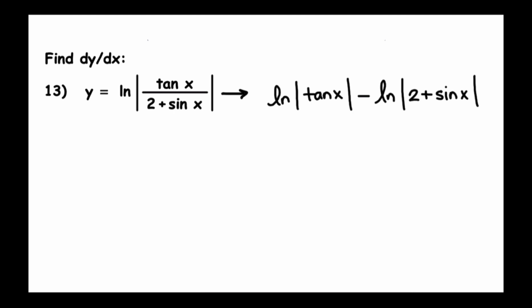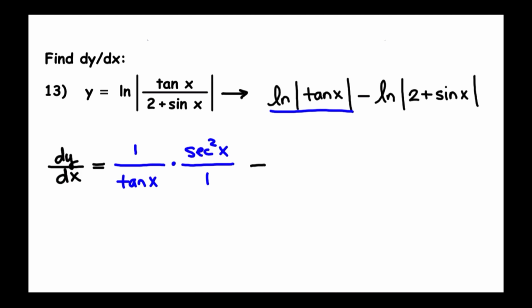Okay, there's my subtraction. And now I've got it so that I do not have to use a quotient rule. Thank goodness, this will be much easier. I can just do derivatives. Let's start right here with the blue step. The derivative of that is going to be 1 over tangent of x times the chain rule, which would be a secant squared,